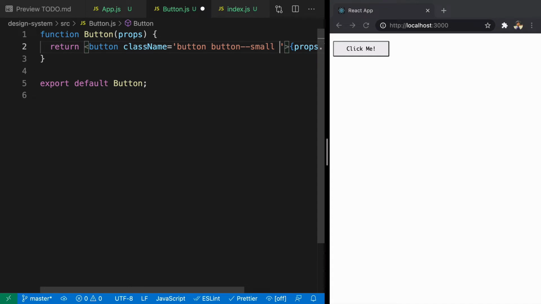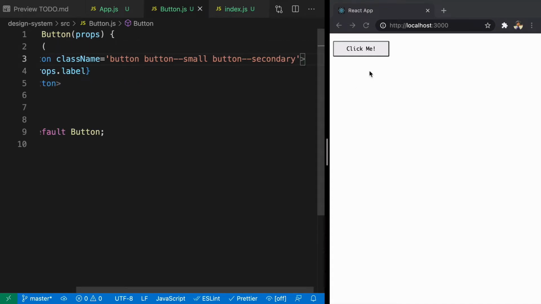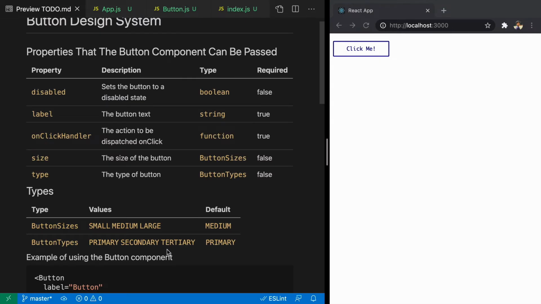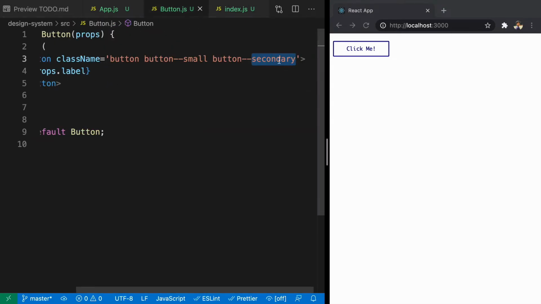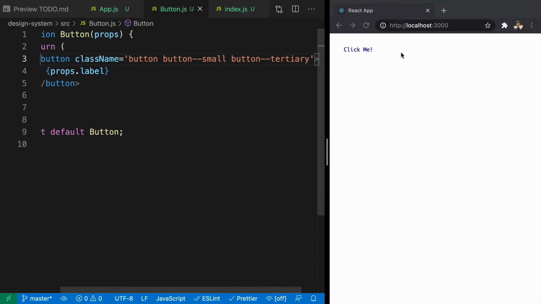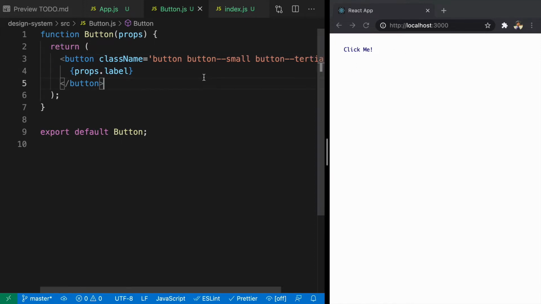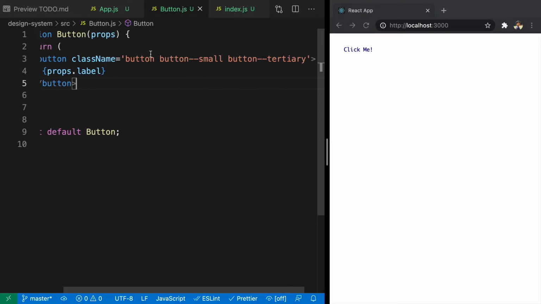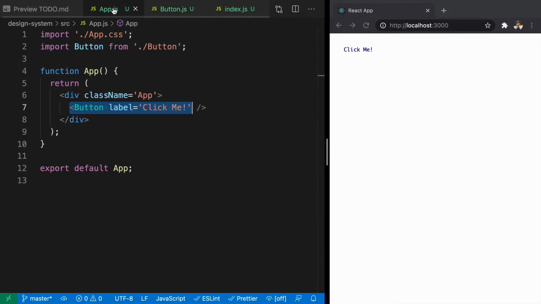You can also change it to something like button secondary. You save it, and now the button style will change to something else. So this is our secondary style. Similarly, we can also make it tertiary because we have already added a class for it. So here we can just say tertiary. Save it, and you can look, the button style got changed, right? So this is all we need to do. Based on different props that we send from here, we just have to apply different classes.